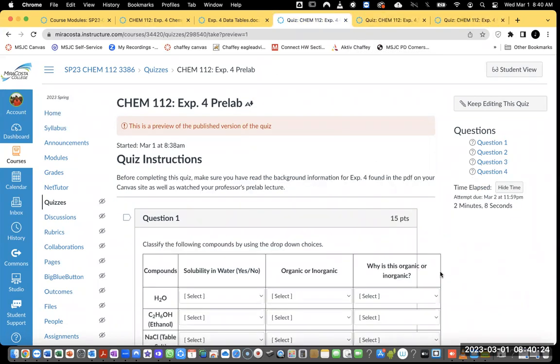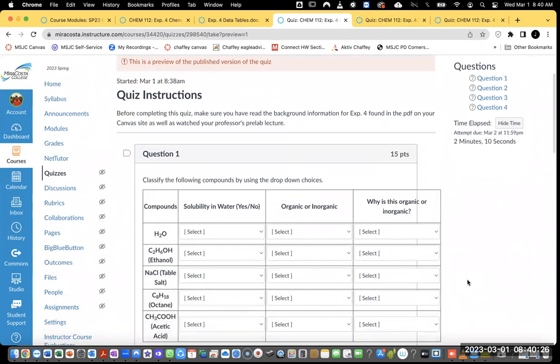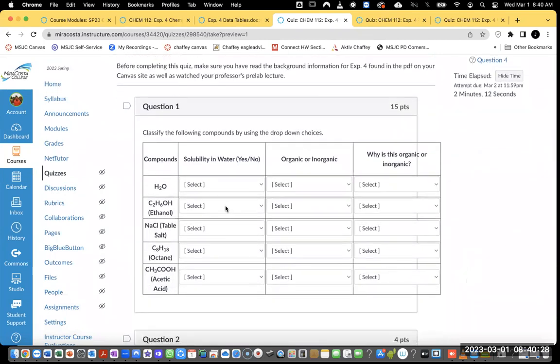Okay, so for the pre-lab, guys, basically you are answering these questions. This is just drop-down menus. This gives you the list of all the compounds that we were talking about. You see with water here, we got ethanol, we got sodium chloride, we got octane and acetic acid. Different types of molecules. We got organic molecules here, we got inorganic molecules here, and you're going to be defining